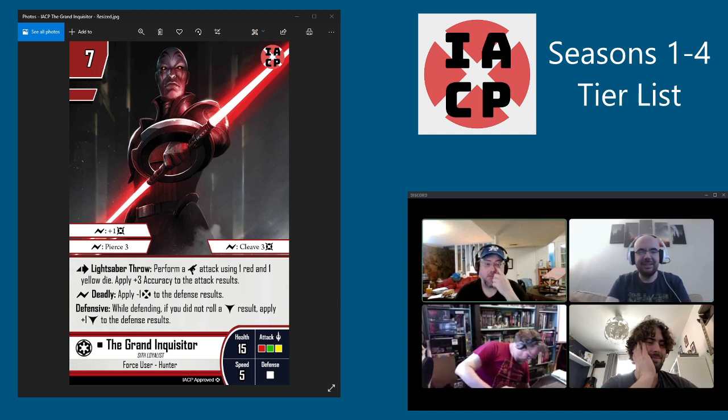I'm actually going to go with Jesse here and put him in B tier, because at his price point, you can run him with another heavy. We haven't seen a whole lot of Grand Inquisitor with Vader, because most people would just rather put those points into Palp. But I think there's real play with, instead of Vader Palp Thrawn, trying Vader Palp Grand Inquisitor, because you're going to have